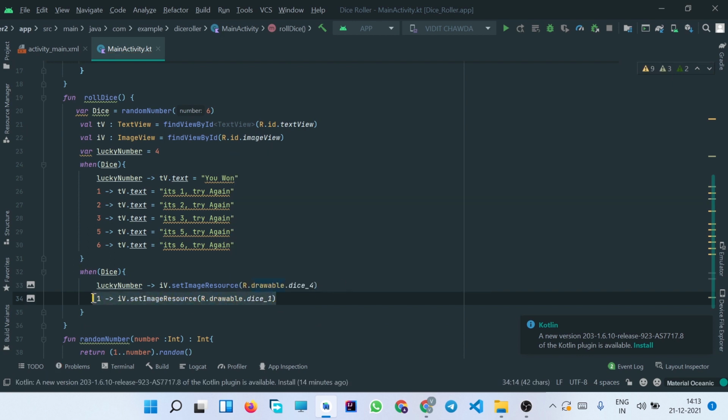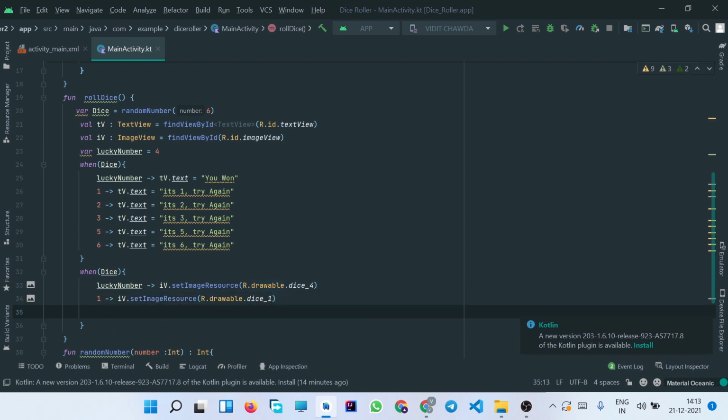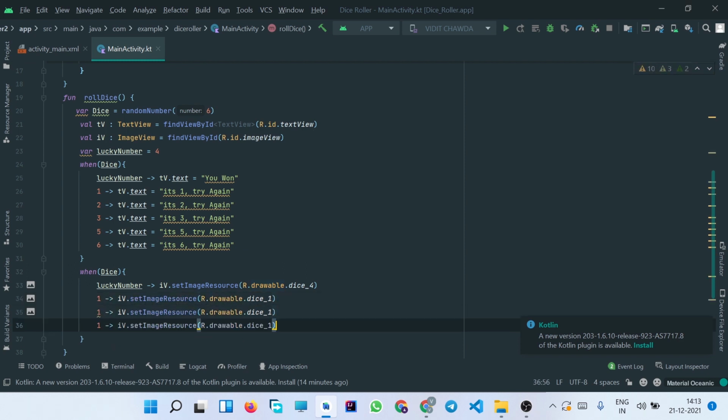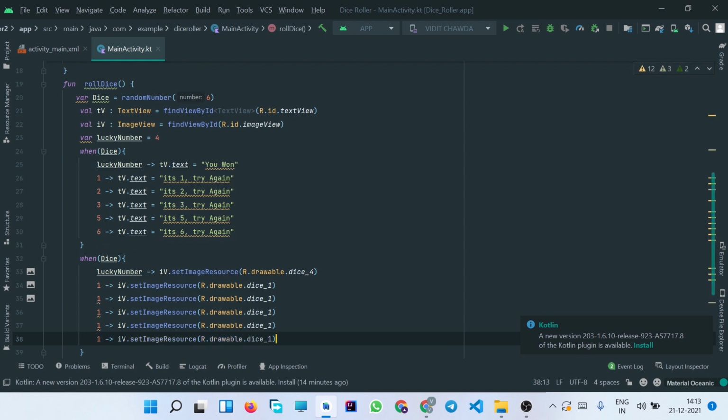So we'll copy it for all the other 5 values of the dice. So here we need to have 2, 3, 5 and 6, and we also need to change the value here: 2, 3, 5 and 6.